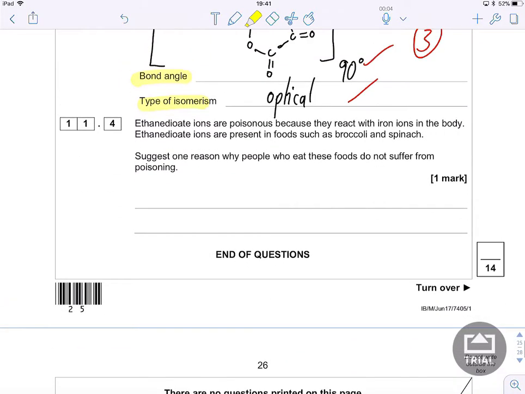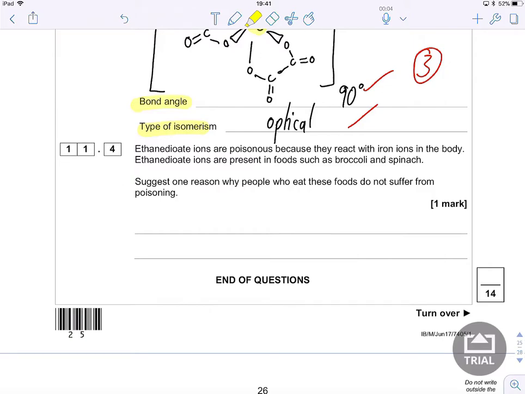Okay, last question. Ethanedioate ions are poisonous because they react with the iron ions in the body. Ethanedioate ions are present in foods such as broccoli and spinach. Suggest one reason why people who eat these foods do not suffer from poisoning, 1 mark. This isn't in the spec, so you just got to come up with this yourself. Suggest a reason, and the most sensible reason is that